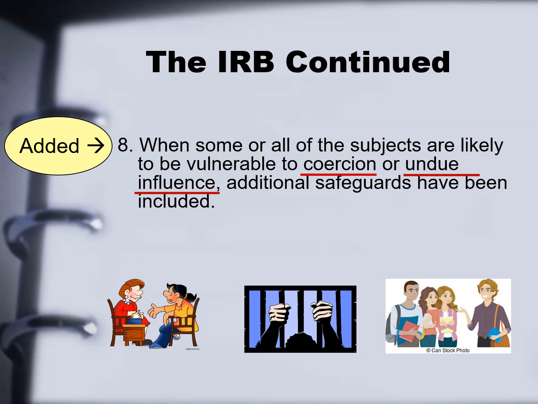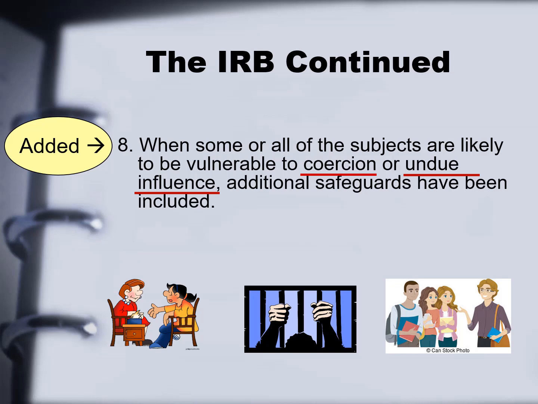Well, one safeguard against having undue influence in that case would be to offer students an alternative assignment that they can complete in lieu of participating in a study, and yet they'll still receive the same number of points. So in that case, a safeguard has been implemented. There are additional safeguards for the other populations that I spoke of as well as other vulnerable populations out there. The key is to acknowledge the possibility of coercion and then to ensure that safeguards are in place.